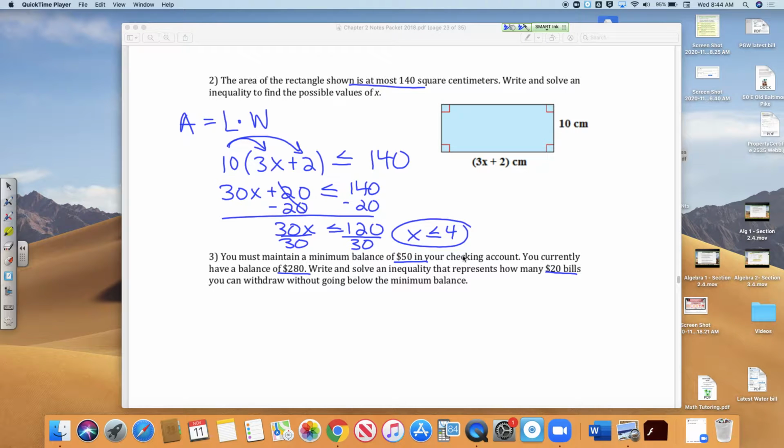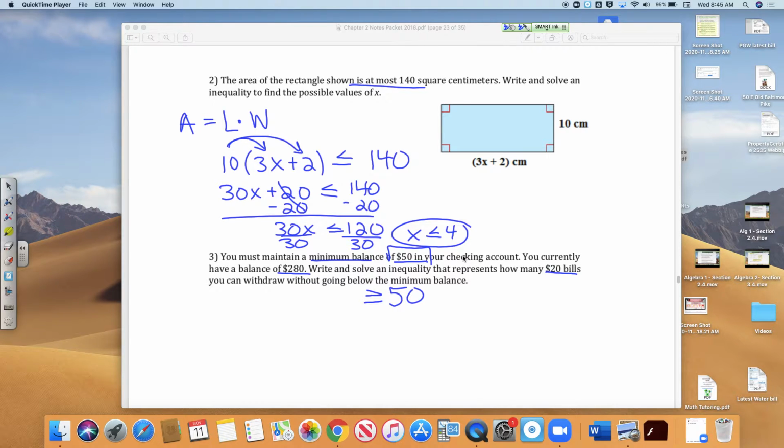So, you must have at least $50 in your checking account. The minimum that you can have is $50. So no matter what's going on with you withdrawing money, you have to have at least $50. So I'm going to have my expression on the left, but I know this all has to be at least, which is greater than or equal to $50